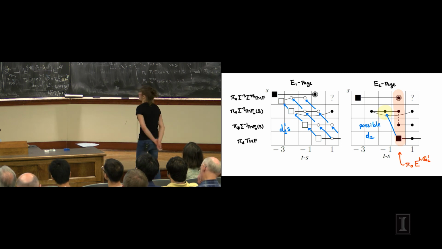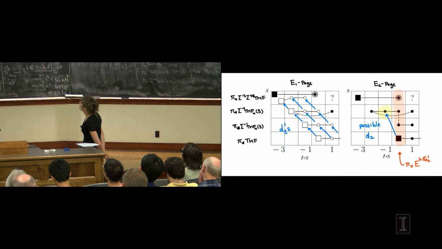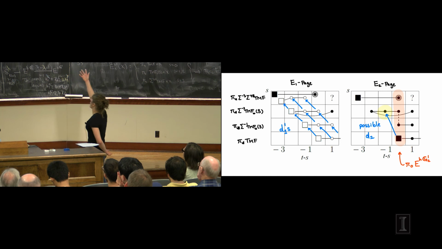Computing the D1 is a lot of work, but you do it. And then you get the E2 term, which is on the right. So it's a lot of stuff. Like these white boxes, you should think of as this annoying stuff that's in the way, and it actually just all cleans up, okay?